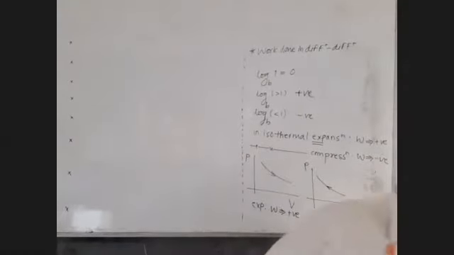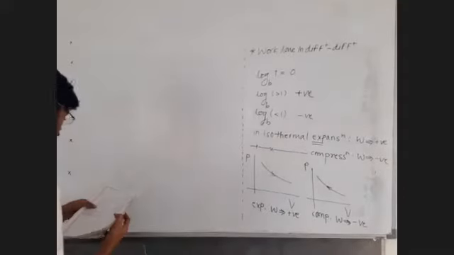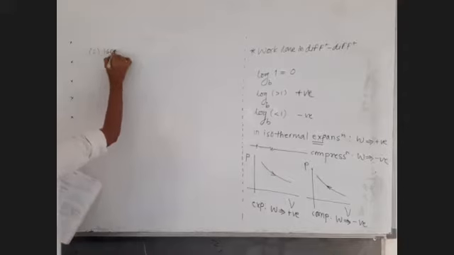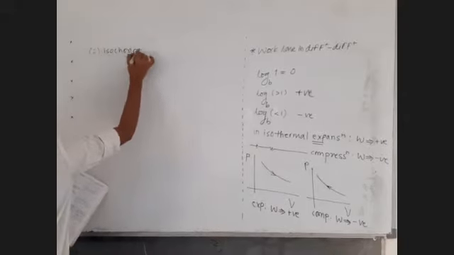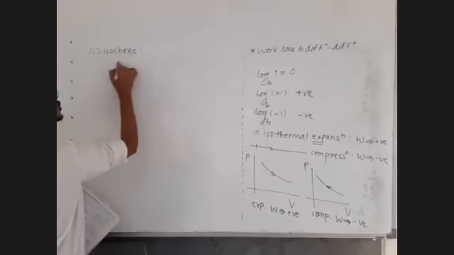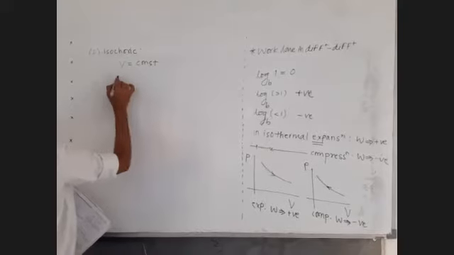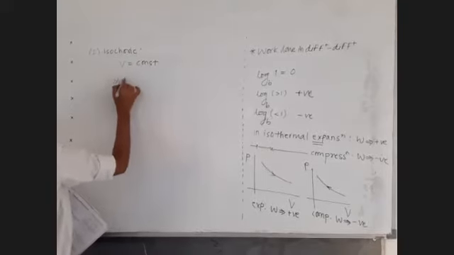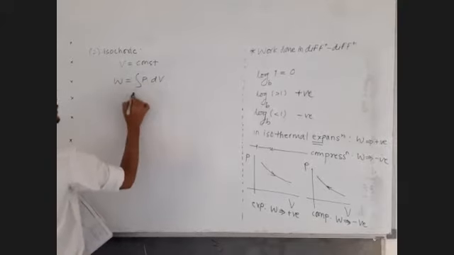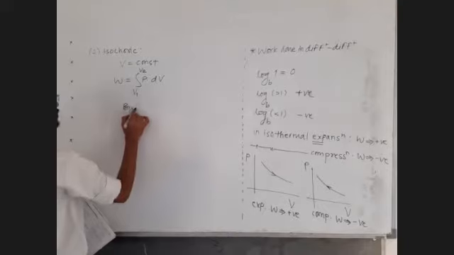Fine. The first type of process we are done with. Now the second type of process, just write down isochoric. But sir, we already know work done in isochoric process. Isochoric, volume constant. So what is the general formula for work done? The general formula is integration of P dV. Initial volume and final volume are going to be the same.